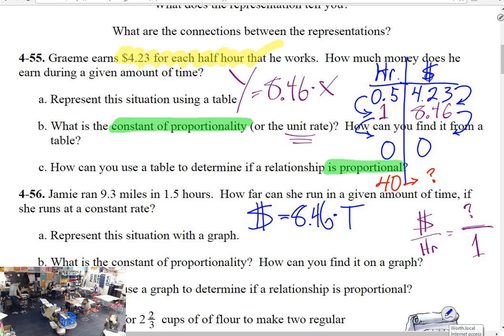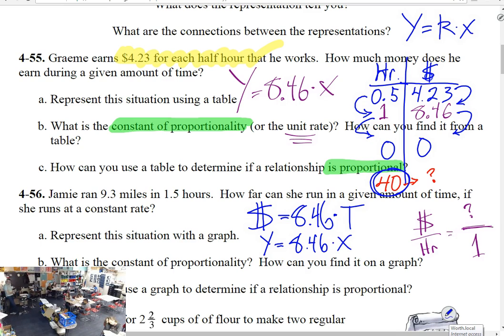Kate's here. Kate, if I'm going to plug in 40, this is the thing I know, and I'm looking for a thing I don't know. I could do a proportion, but if I use this equation, where does it plug in? We're going to use the calculator to get this, but we talked about y equals kx in our little intro. We found our constant of proportionality, our unit rate, 8.46. So this is essentially y equals